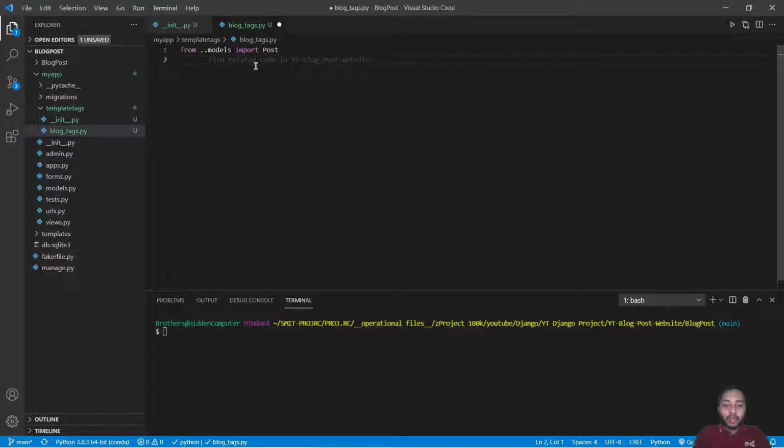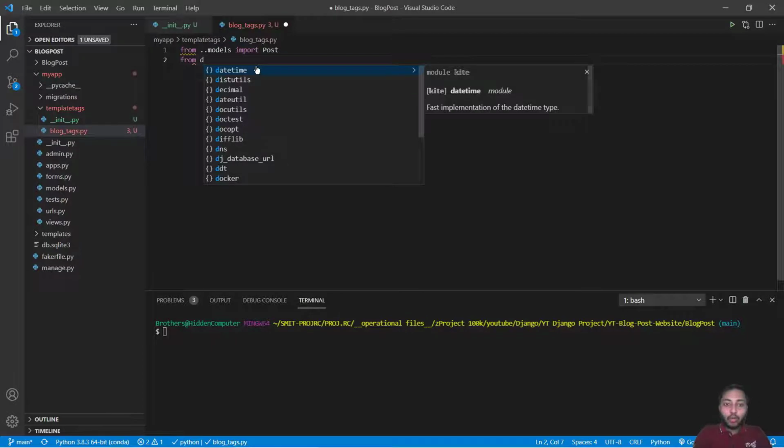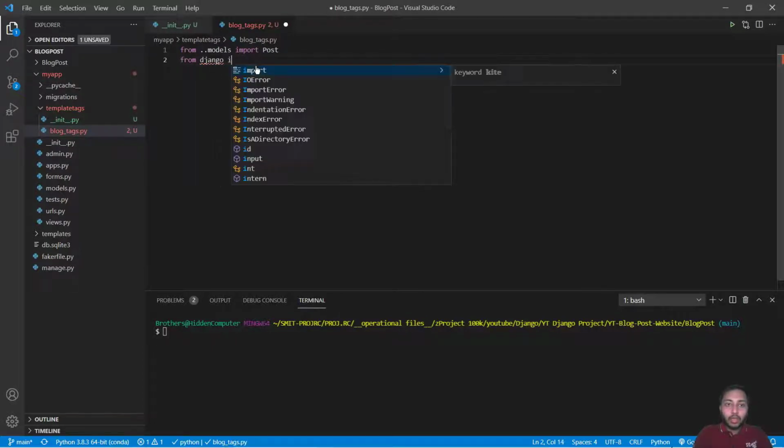Okay, so I will say from models import Post, and I will also say from django import template.